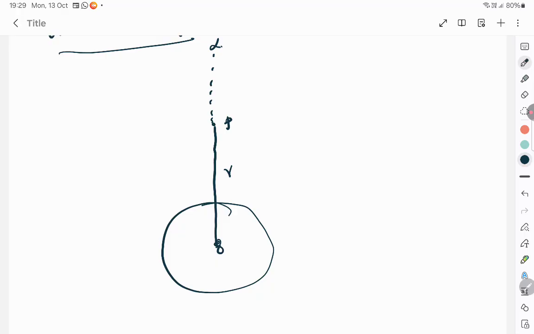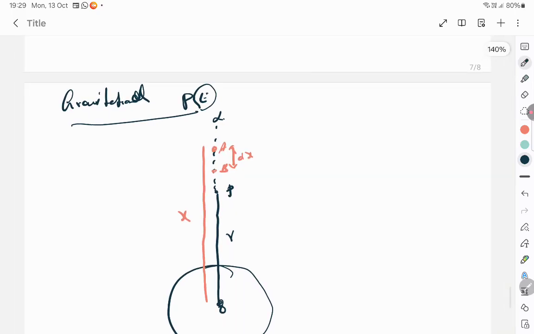But however, I can't do this directly. In order to do this, I'll try to bring the particle from A to B, where A is at a distance x from the center, and I'm moving it through a distance dx. I'm imagining not from infinity to point P. Instead, I'm bringing it from A to B. So how do you start? There's a word called energy. Energy in physics means work done. And work done according to your 9th standard is force into displacement.